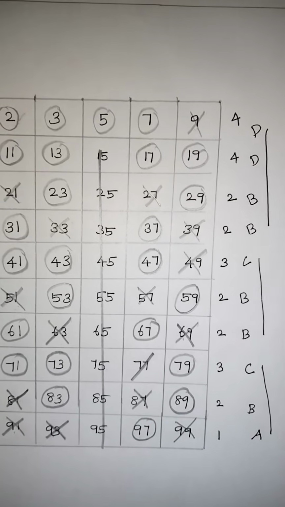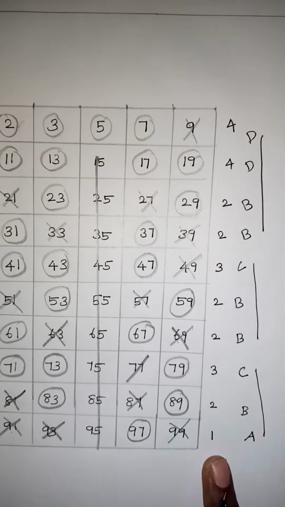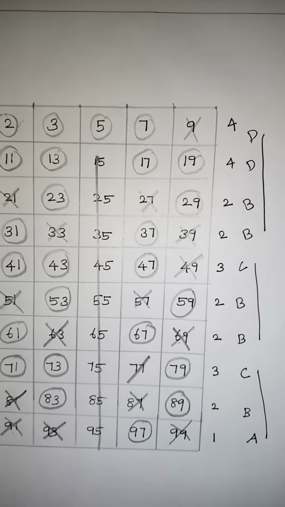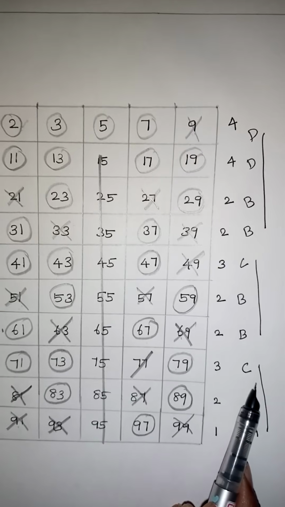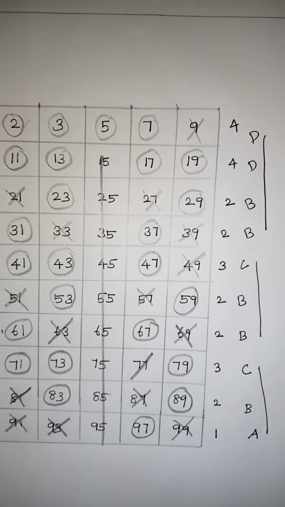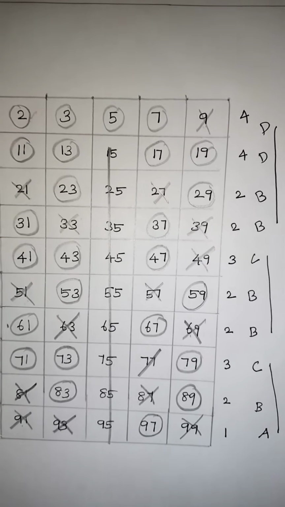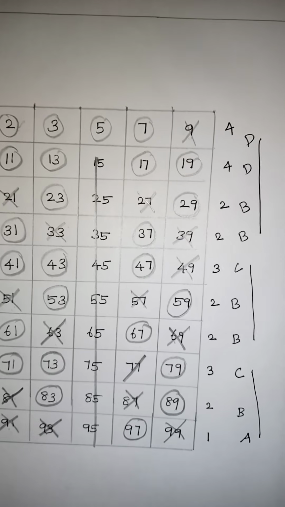If anybody asks you how many prime numbers are there between 90 to 100, you can say that it's only one number because that comes under A. Suppose somebody asks 70 to 80, how many prime numbers are there, now you can keep it in your mind and see. So you can say there are three numbers, that is 71, 73 and 79. Very easily we can say that. So keep this pattern in your mind, ABC, BBC and BBDD. So that is the count for the prime numbers.